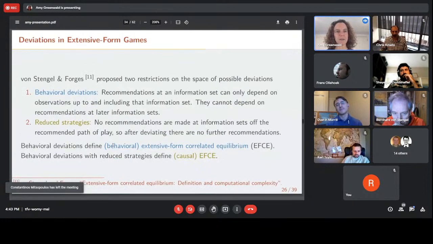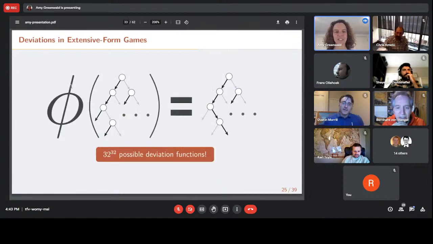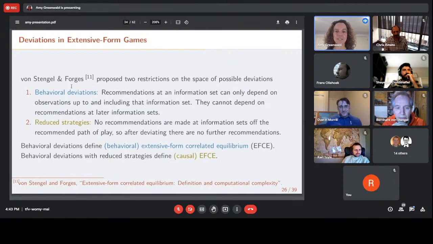So what are we going to do? We're going to call up our friend Bernard, who is asking all our questions here because he's responsible for an important idea about how we're going to manage ourselves in this situation where there are just far too many deviations to think about. And so the idea is the following. The idea of behavioral deviations. It says, when we do our conditioning,